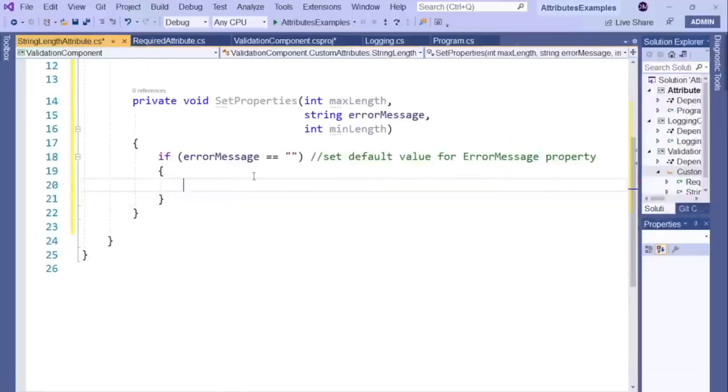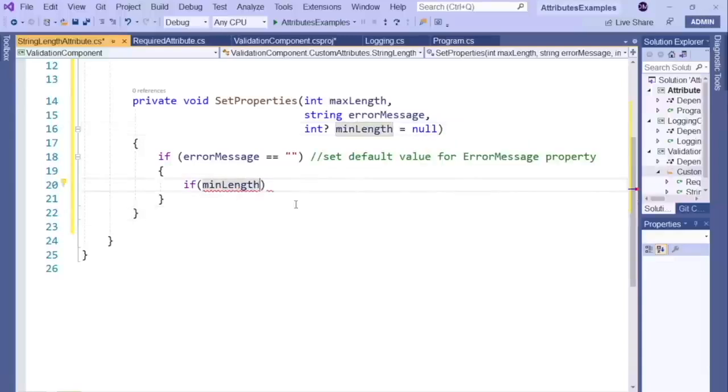The third parameter is minLength, defined as a nullable integer. The question mark symbol following the int keyword denotes that this parameter is nullable. So, it is a nullable value type parameter, because it's defined as an integer, which is of course a value type. Let's also make our minLength parameter optional. We can do this in C# by simply assigning the relevant parameter a default value within the method definition like this. So if a value is not passed into this parameter, by default the minLength argument will have a value